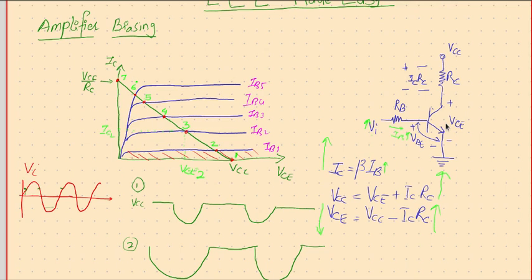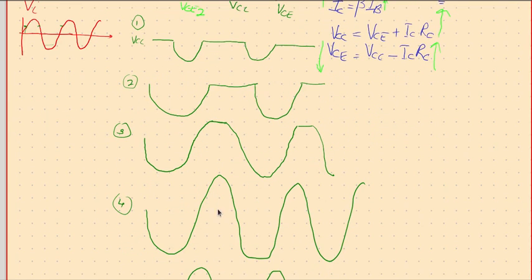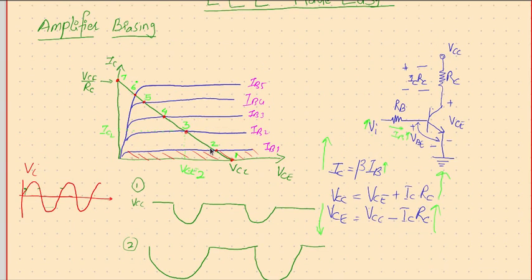Now the question is, if you want any one particular thing, then you need to select the appropriate operating point. So how to do it? If you want point 1, don't do anything, just leave it. If you want point 2, then make sure that under normal condition IB1 will be flowing here. With no input, IB1 should be flowing. So some external potential should be applied here, so that with no input IB1 is flowing.